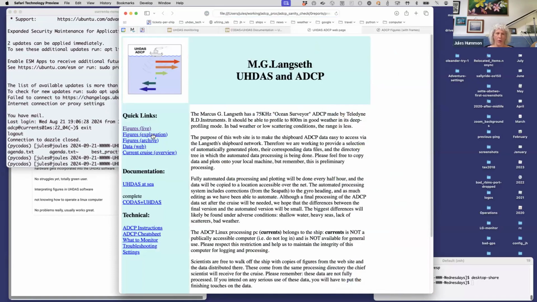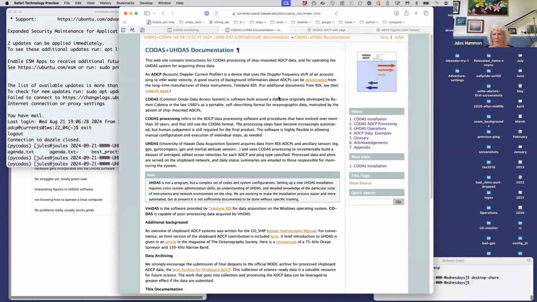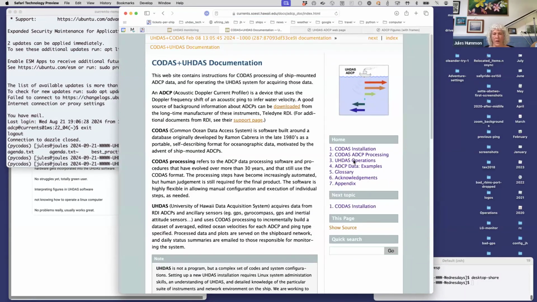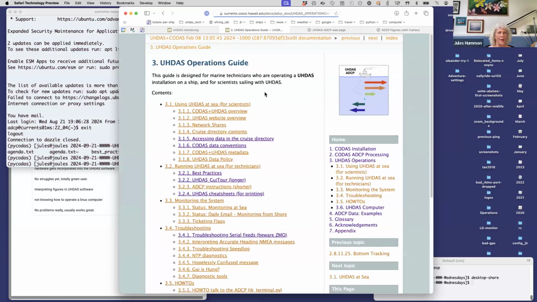Sonia Berger wanted to know, why are you not opening up these pages? Oh, I know why that one's not opening. Because it's pointing to the website. So let's go to the CODIS documentation website. And let's look at UHDAS operations. So in the operations,